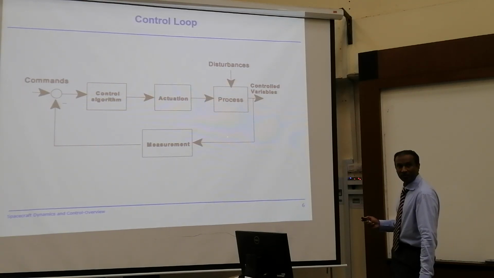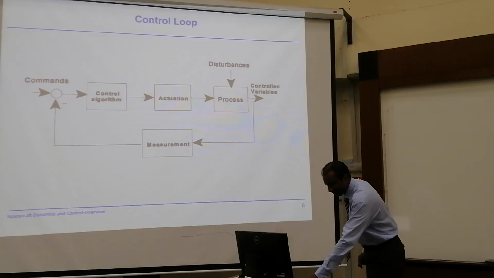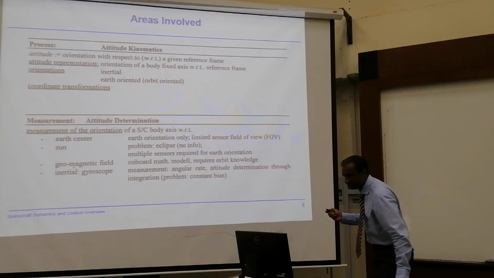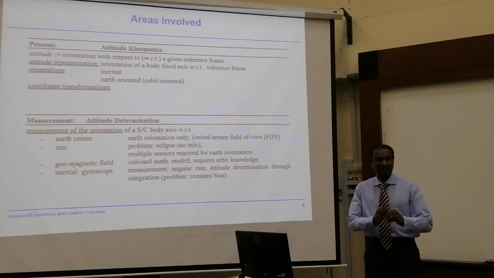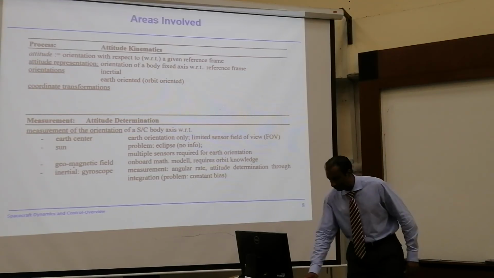Yes, I need to know how. How can I give this to here? I need to have a model here. I need to understand how this will react. I need to model this. So in order for me to do that, I need attitude kinematics. I need to establish that kinematics with respect to